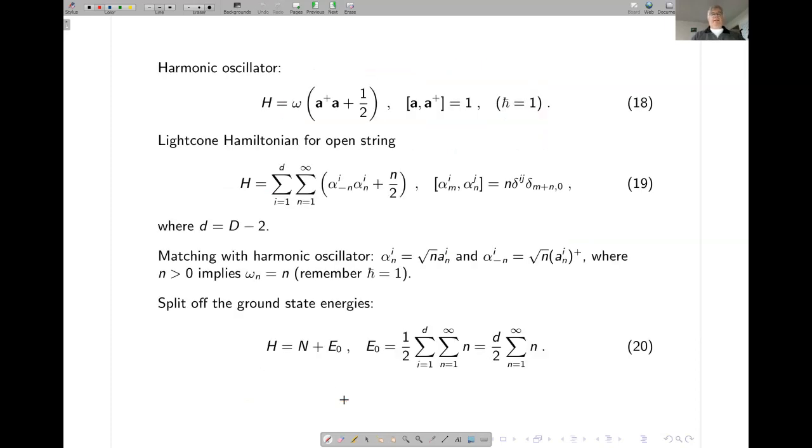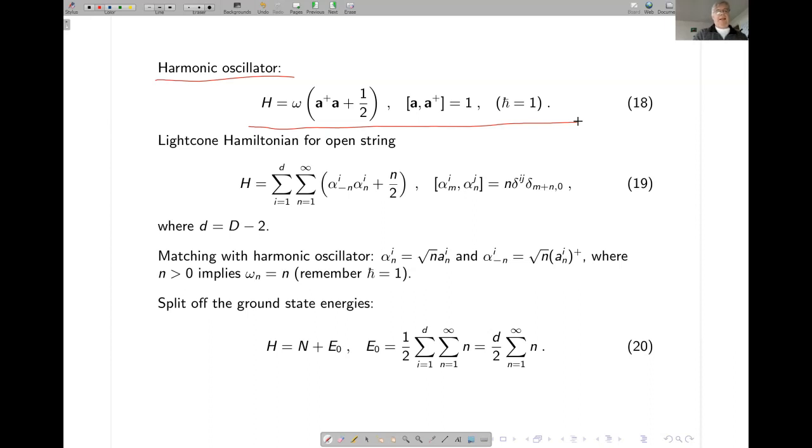Okay, now finally, let me also give you a different explanation why a, the normal ordering constant, must be equal to 1. This comes from comparison with the harmonic oscillator. So here's a standard harmonic oscillator with frequency omega in units where h bar equals 1. I've put the creation and annihilation operators in boldface so that we don't mix them up with the normal ordering constant